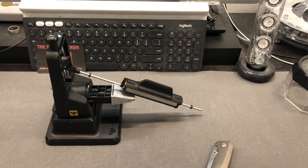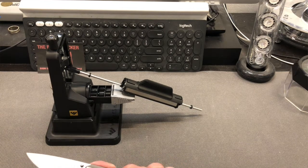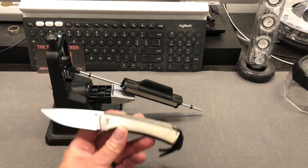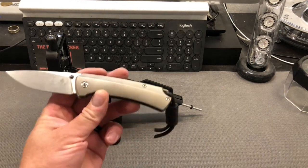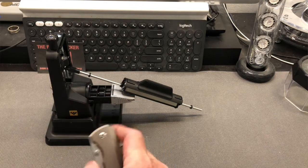All right, here we go. Now, this Precision Adjust Sharpening System is a wonderful little system, and I've got to say that I'm mightily impressed. I have sharpened about half a dozen knives on here, including this Kaiser T1. I just did that this morning, and this is a knife that I ended up getting from a fella out in Ontario by the name of Jonathan,